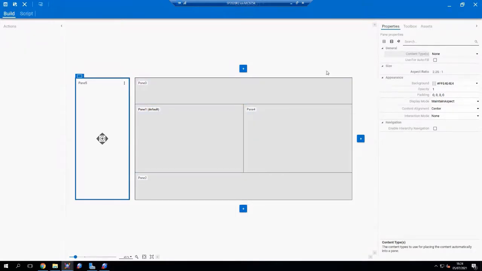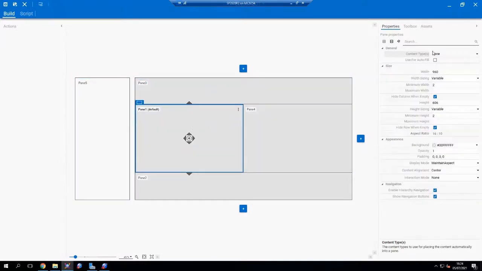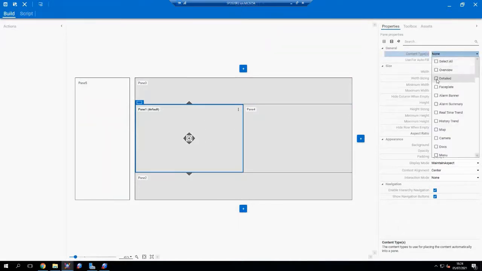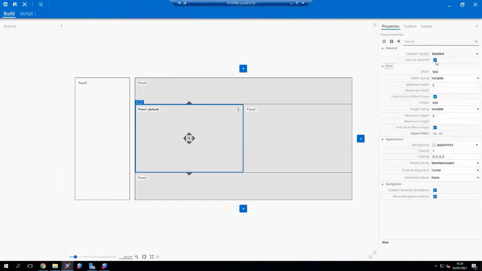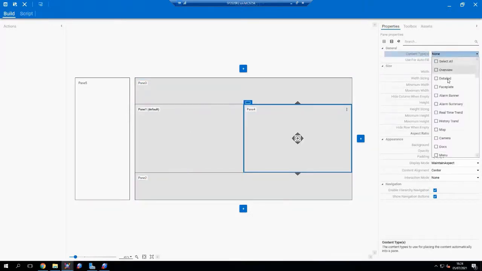So that is my layout pretty much done. All I need to do now is just specify what type of content I want to put in. So for my left one, I want my detailed graphics. So I'm going to select detailed content type. You can see that that use for autofill has been ticked. So that means it's going to autofill the correct type of content for me. Same for this. I'm going to have overview